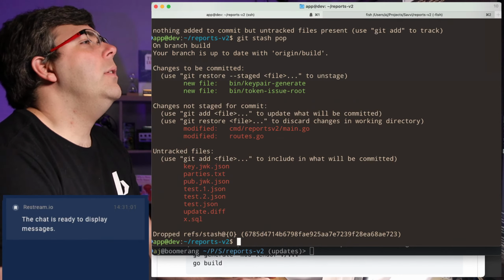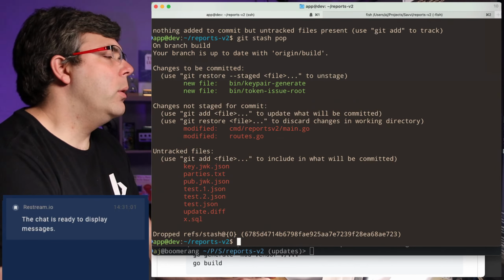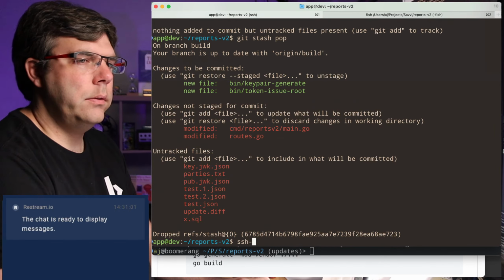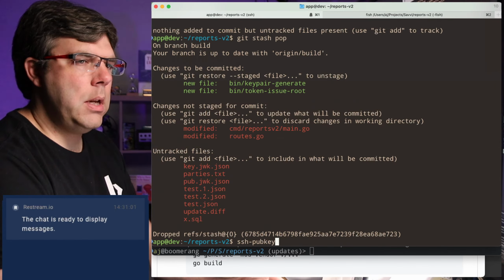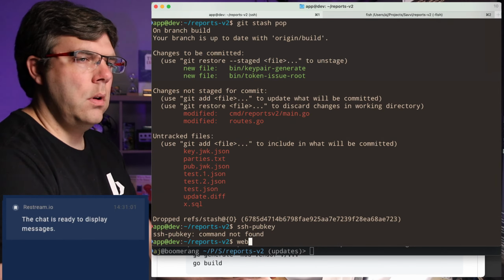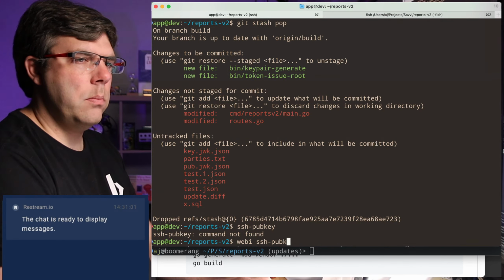Let's see. Do I give this a read-only key? I think I can give this a deploy key, read-only deploy key. SSH pub key, Webby SSH pub key.